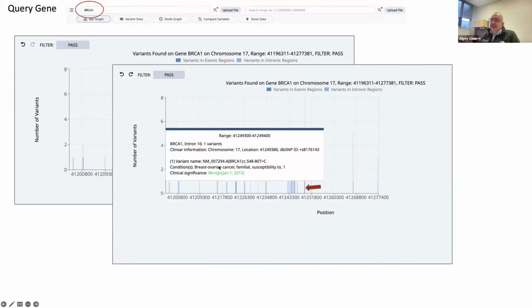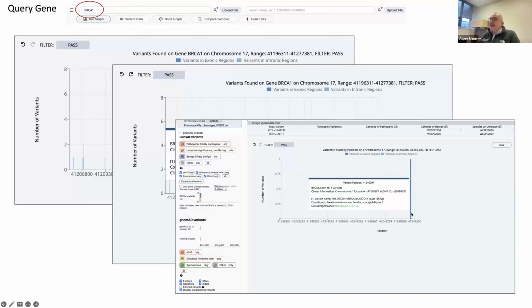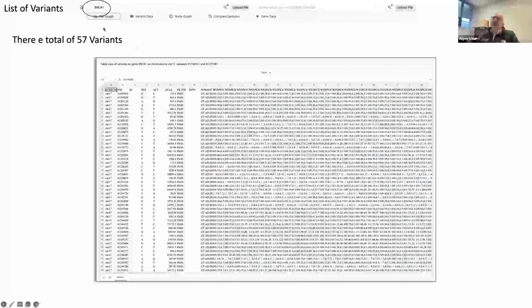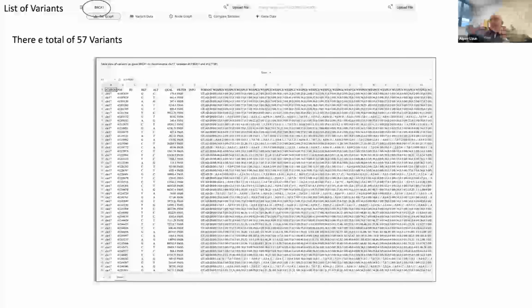If it's benign, it is benign. If it is not, it will say pathogenic. And then you can go even deeper. On the side of the screen, you will see gnomAD interactions, and you can have more information about that. Then another question is, okay, now I have BRCA1, but out of this 2.45 gigabytes of data, I just want to go only for BRCA1 variants.